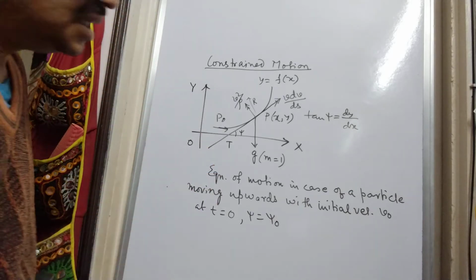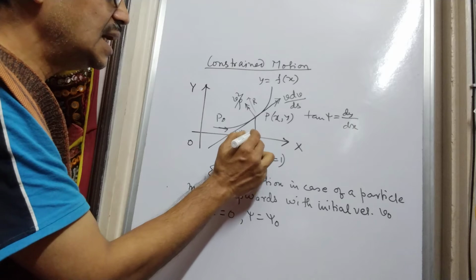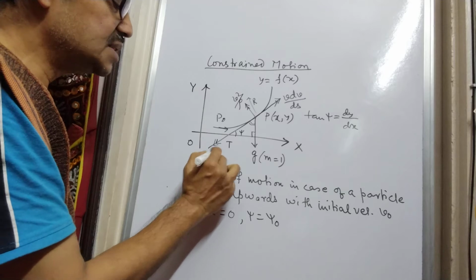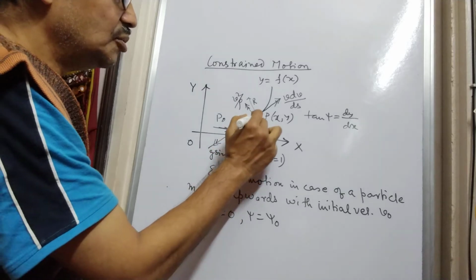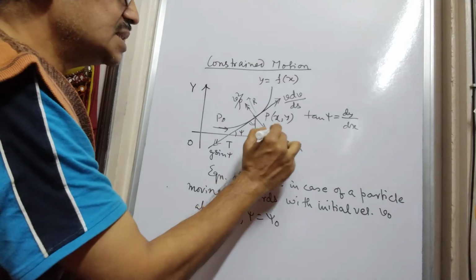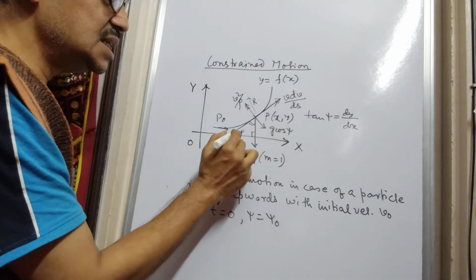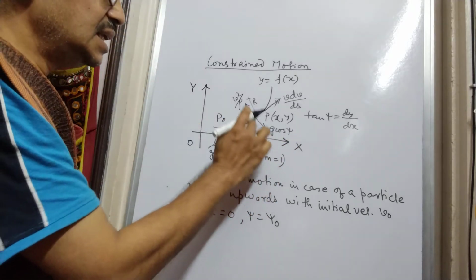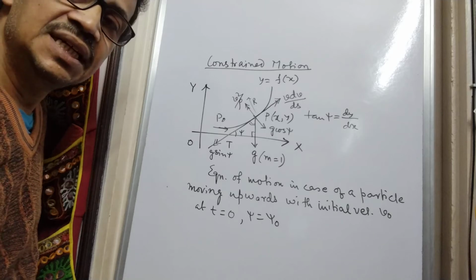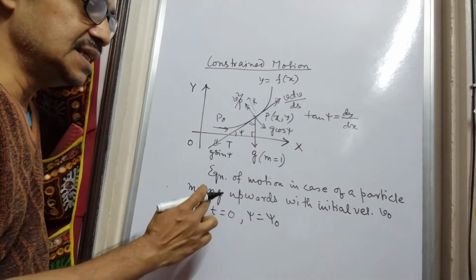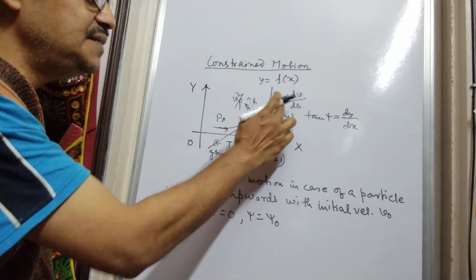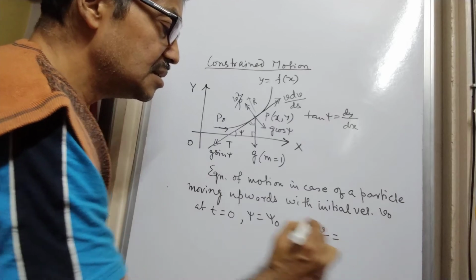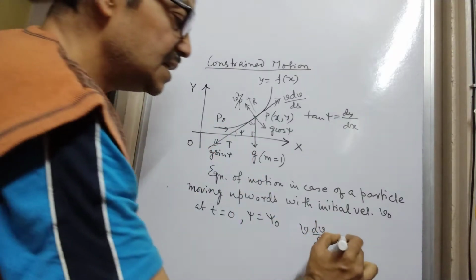So this is the framework, and we can easily see that since this is psi and this is 90 degrees, so this is 90 minus psi, and the component of g along this tangent becomes g sin psi, while the component perpendicular to the tangent becomes g cos psi, because this is psi and this is 90 minus psi. And x being horizontal, the vertical pull g acts perpendicular to it, so this is 90 degree. So obviously v dv/ds clearly becomes minus g sin psi,